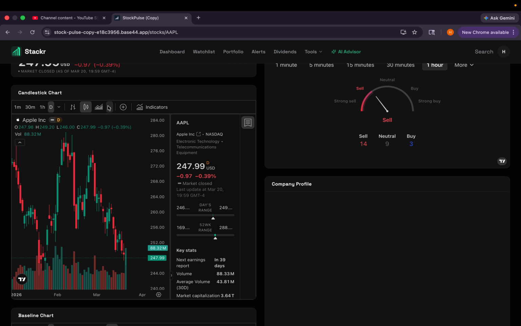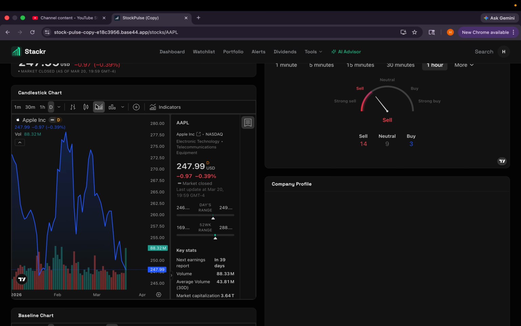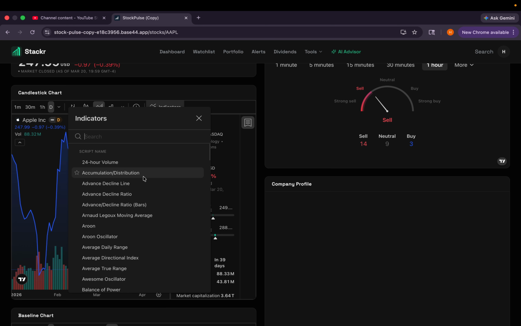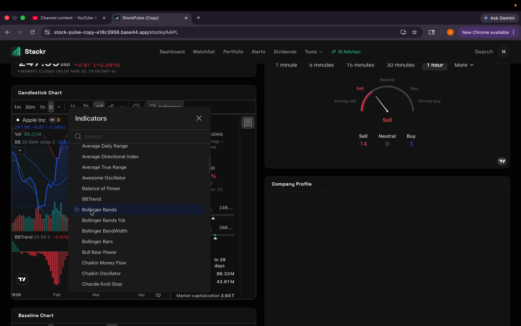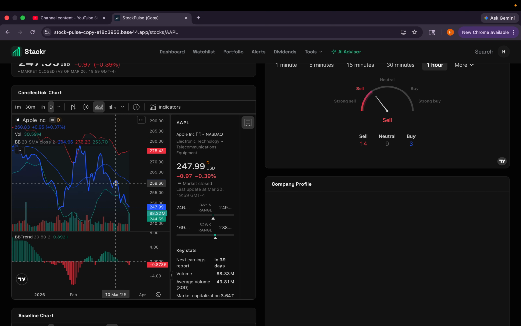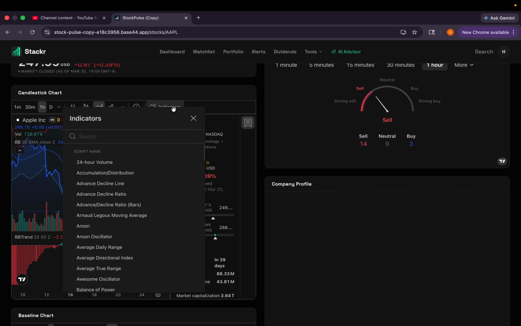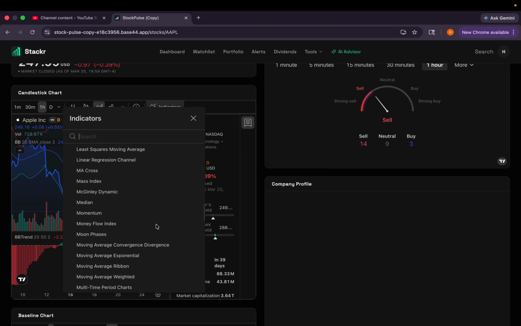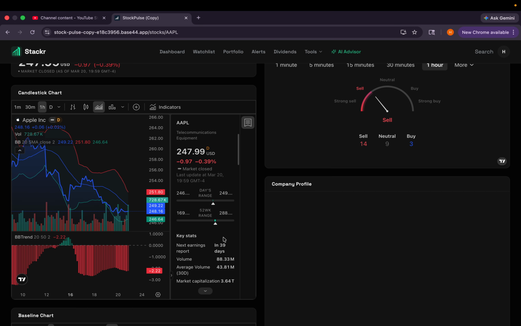And with the graph, one of the fun things we can do is we can change it. So if you don't like it, we can do columns, or we can do this, and we can also have various other indicators. So we can do VP trend, we can also do Bollinger Bands, etc. And you can also like move it around just to see. We can also make it a by 30 minute, or we can do like 1 hour. And we can also do medium momentum,